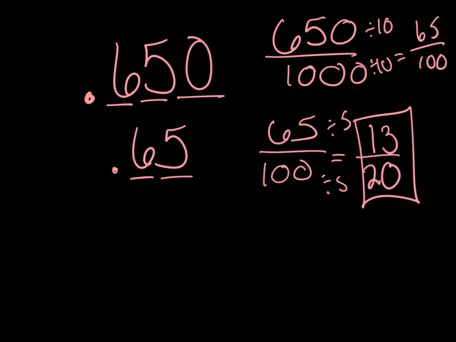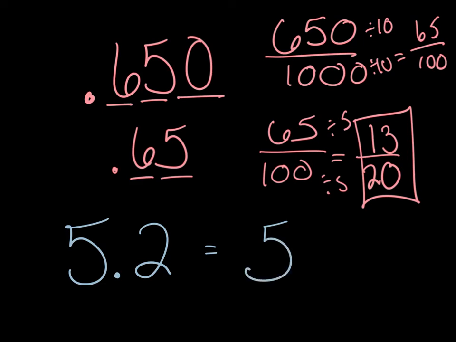Okay, why don't you try this problem next? Okay, I hope you paused the video and now you're ready to try this problem. So this is 5 wholes and it is in the tenths place, so it is 2 tenths. Or if you simplified it, it is 5 and 1